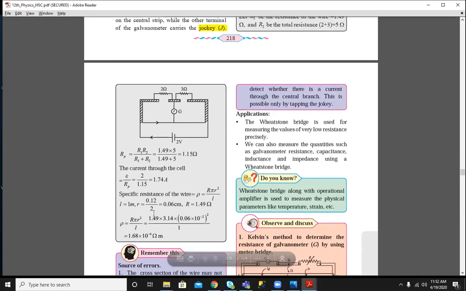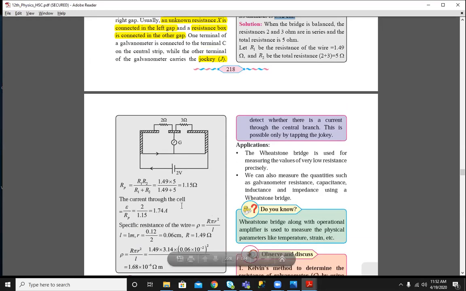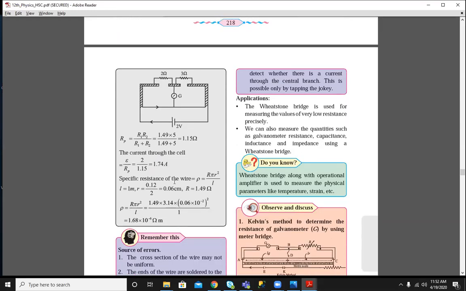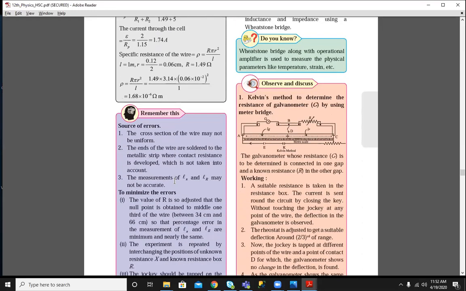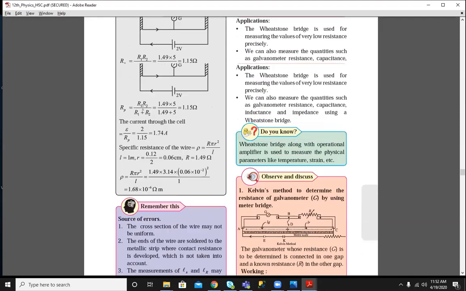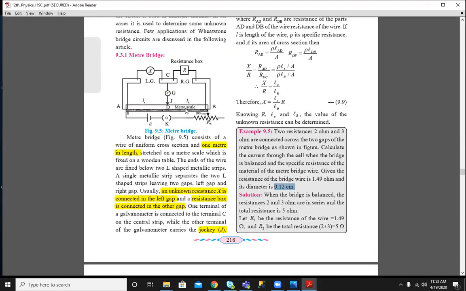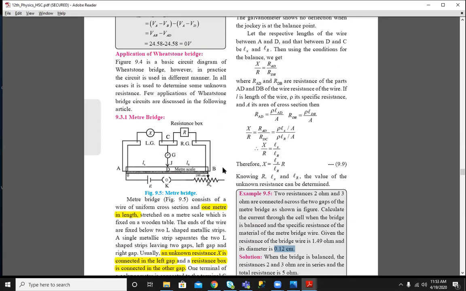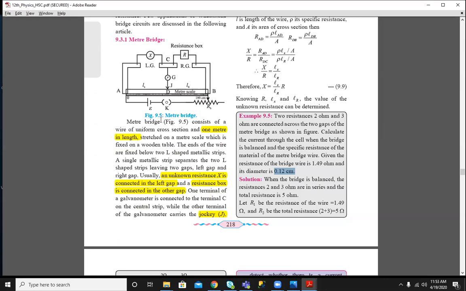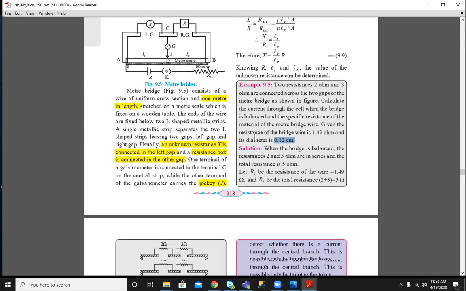0.06. Just put and get the specific resistance. Okay, let's move ahead. Remember this part. So the meter bridge, this method also comes for a 3 marks question. Explain the method, working and calculation. Okay, there is 1 mark on the diagram. There is also a problem of 3 marks that comes, sometimes for 2 marks.